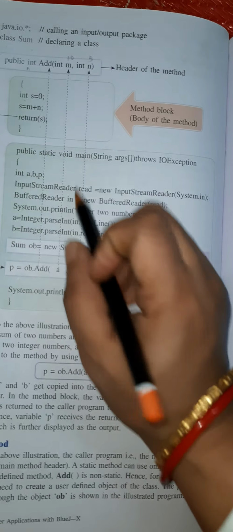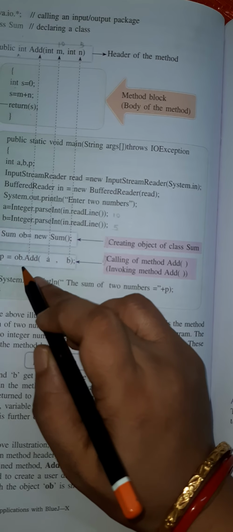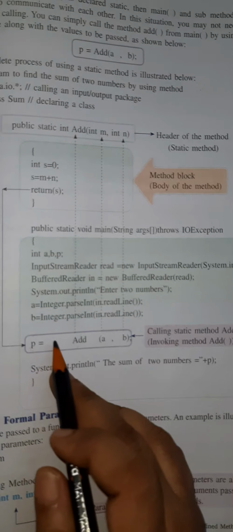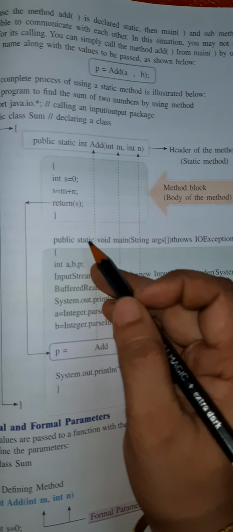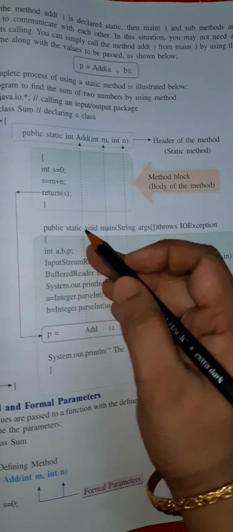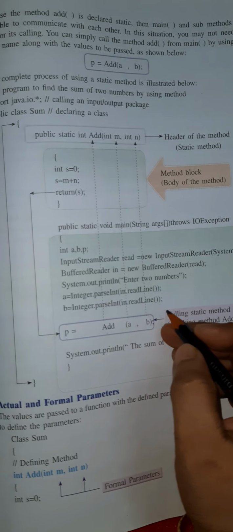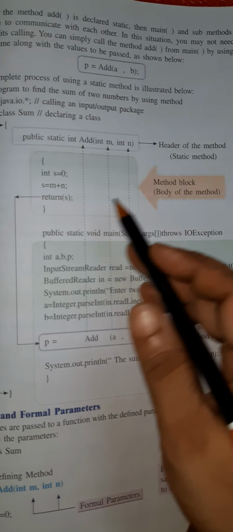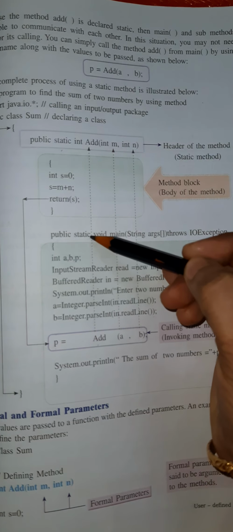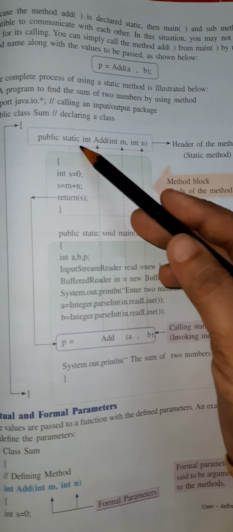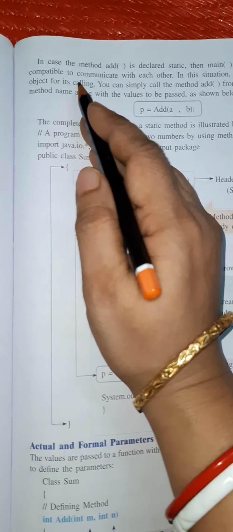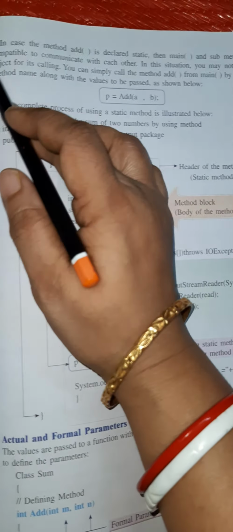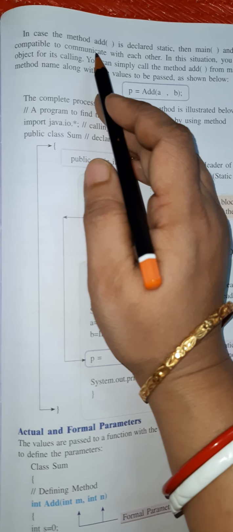So when there is no static, we have to make a class object, and with the help of the object, we have to call the function. But in this case, since we are using static, static automatically calls the static method. So in this case we do not have to make the class object, and the method is directly called. This will also execute, but you have to write the keyword static in both places, the method should also have the keyword static.